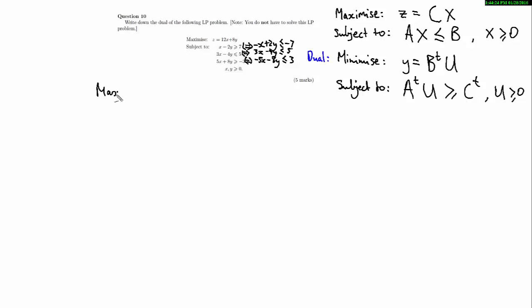We have maximize Z equals 12, 8, xy, where C is the 1x2 matrix given by the cost coefficients here for the objective function, and x and y are just our unknown variables, and that'll be subject to